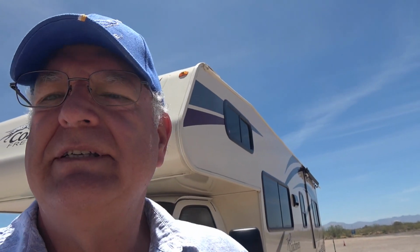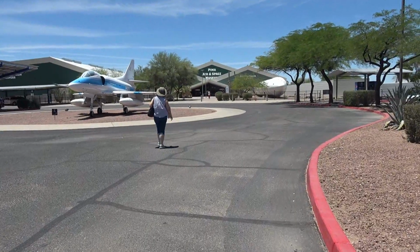Well, our first stop is the Pima Air and Space Museum. We've been here about 5 or 6 years ago, and I'm really looking forward to coming out again. We've got some new airplanes on display, and it should be a great time. We'll give you a quick tour as we work our way through the museum. When we're coming up to the entrance,